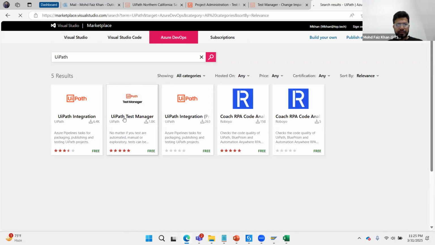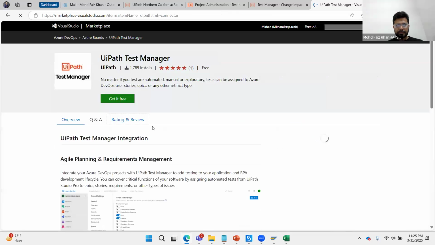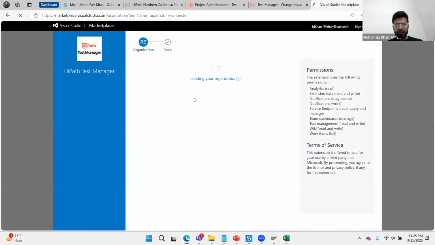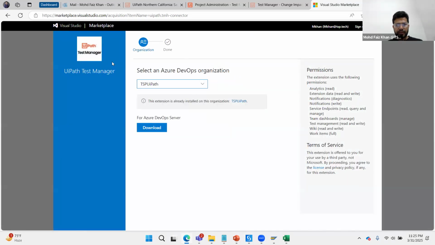Just select the UiPath Test Manager, get it free. As I already included it, you can see this extension is already there. But in your case, you will see the button here to click on and add this extension. Once you are done, you can come back